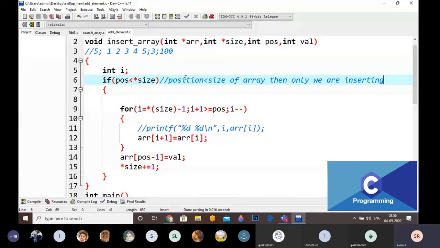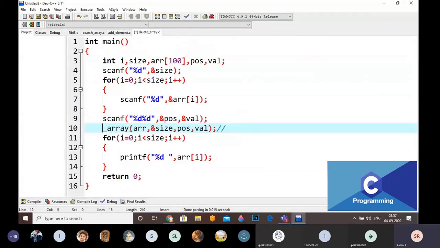Just work with this. Okay, this is adding the element in the desired position.